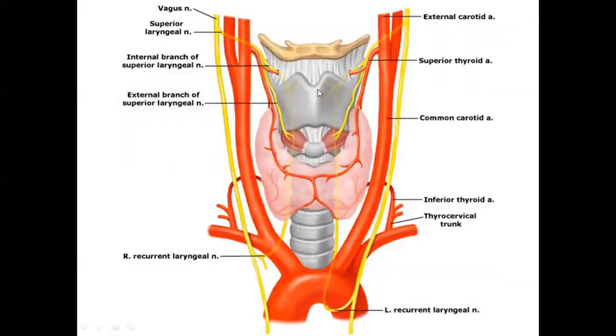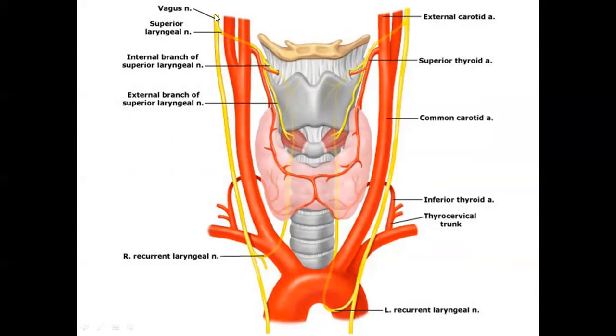So once again, the hyoid bone, the thyrohyoid ligament, thyroid cartilage, cricothyroid muscle, cricothyroid ligament, and the tracheal rings below that, and you have the thyroid gland overlying there. So you can say that only the isthmus is on the anterior aspect, but both lobes are actually lateral to the trachea and esophagus. Now here you can see the arteries: the common carotid, external carotid, and the superior thyroid artery.